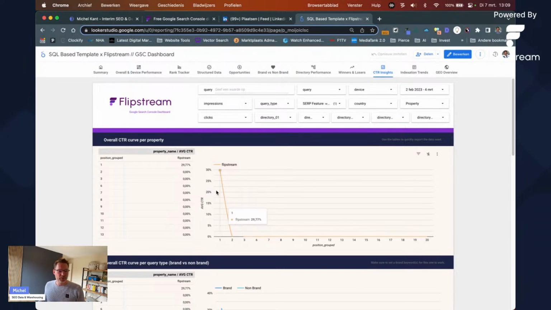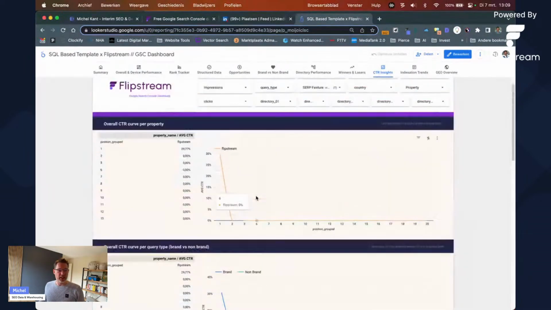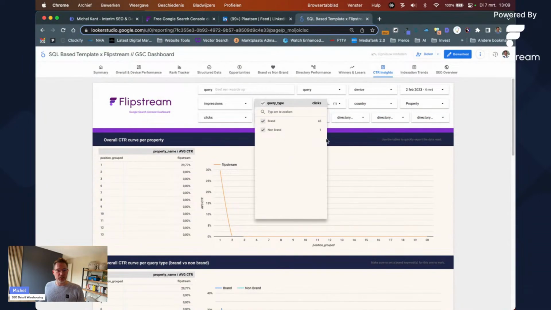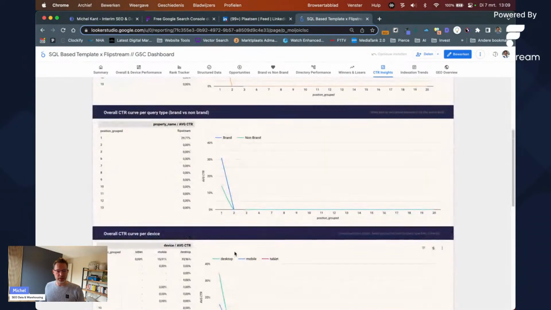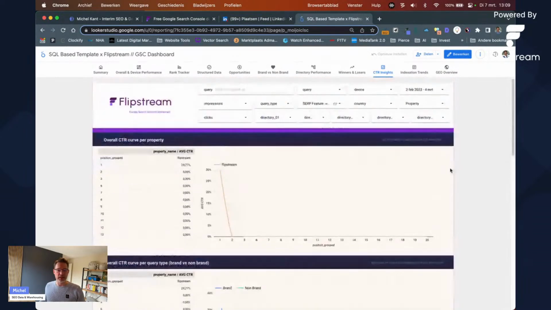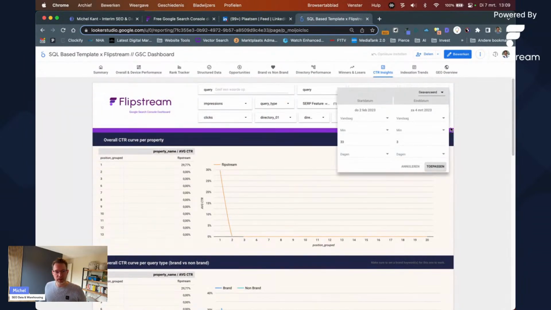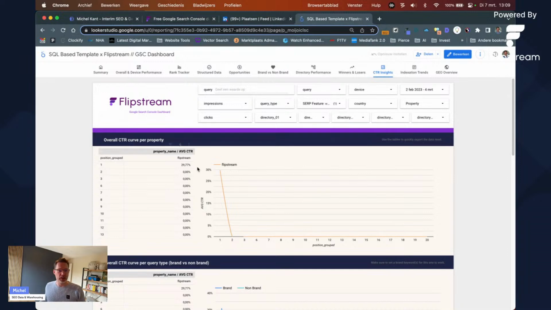But yeah, that's very nice. You can immediately see it for brand, non-brand, or devices, whatever you want to filter it on, or immediately see it in one graph. Based on Christmas, you can just select Christmas. So yeah, it's a very nice dashboard to just have it up and running for you and your clients, or for your multinational SEO strategy, whatever your thing is. So